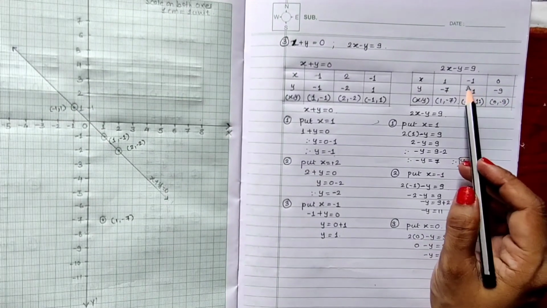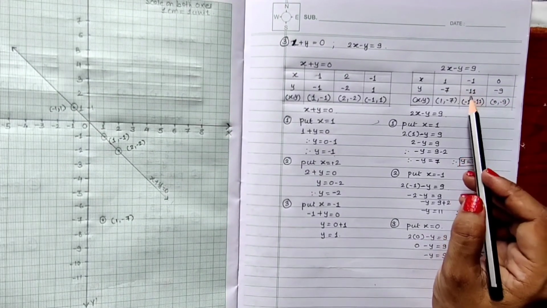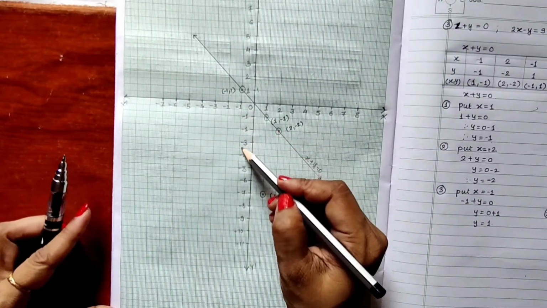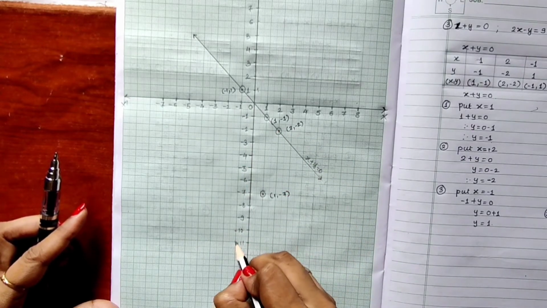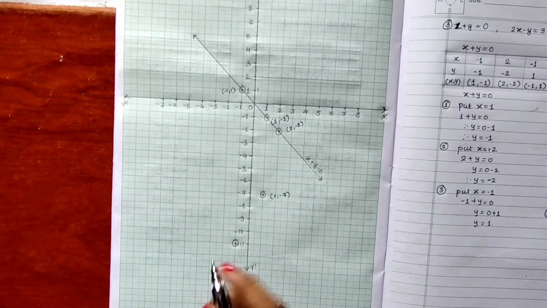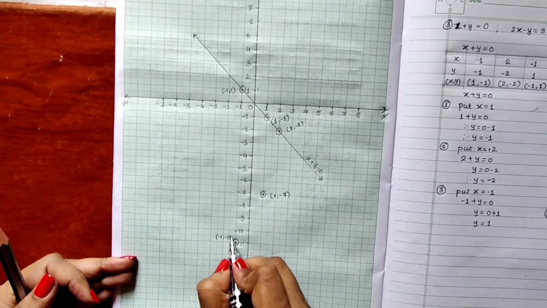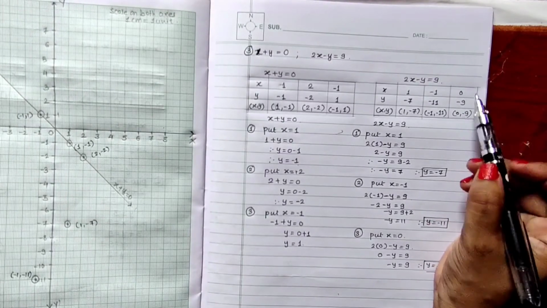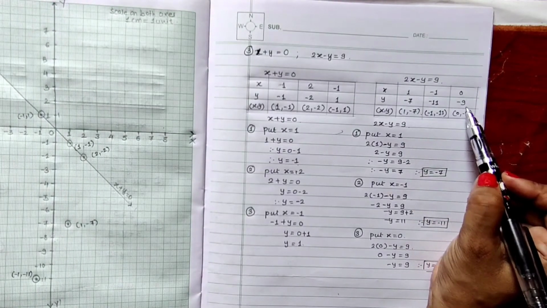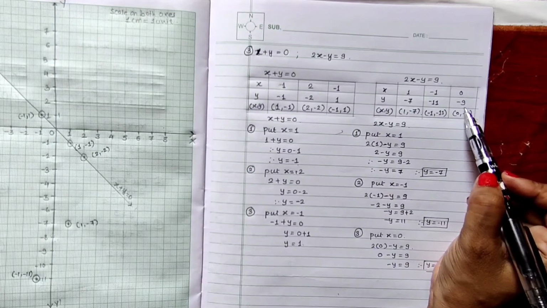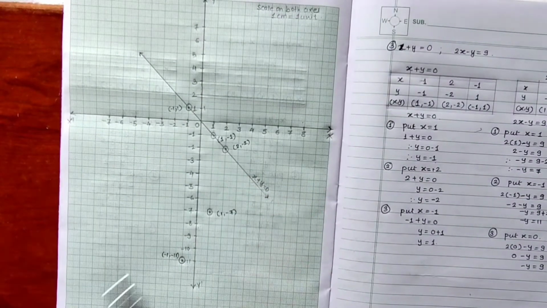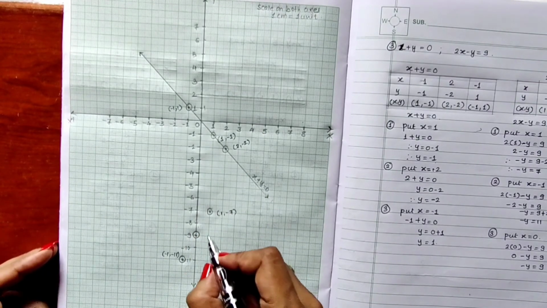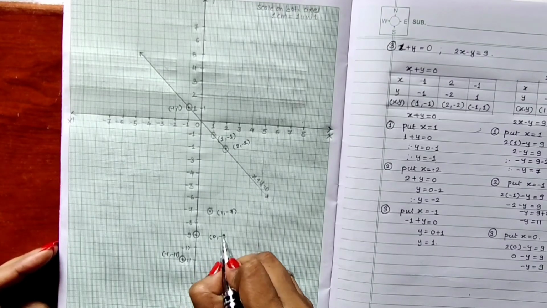minus 1, minus 11. We start from minus 1 on the x-axis, we will go till minus 11 on the y-axis. So start from minus 1 on the x-axis, go down, down, down till minus 11. So this will be the point having coordinates minus 1, minus 11. Okay, now let us plot the third point, 0, minus 9. The x coordinate is 0, that means this point will be on the y-axis, at minus 9. From 0 till minus 9, here it is. So this is the point whose coordinate is 0, minus 9.